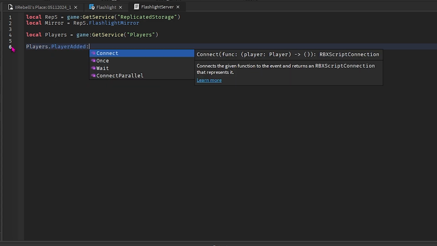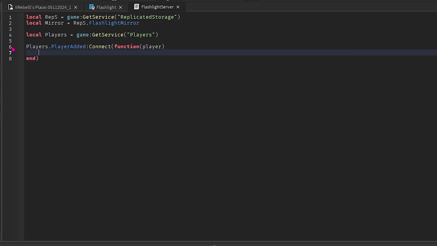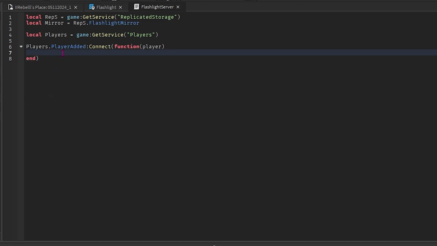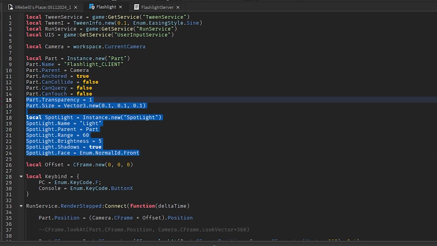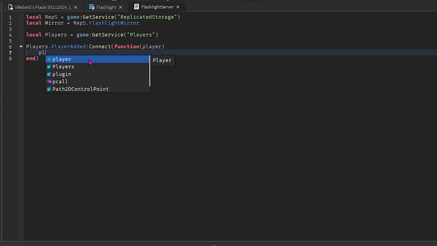Players.PlayerAdded:Connect(function(player), and this will make it so whenever a player joins, this will do what it needs to do. We're going to put our spotlight and part instancing inside of here. And then we're going to set our part.Parent to player.Character. A way that we can prevent this from erroring whenever you reset is to do player.Character or CharacterAdded:Connect(function